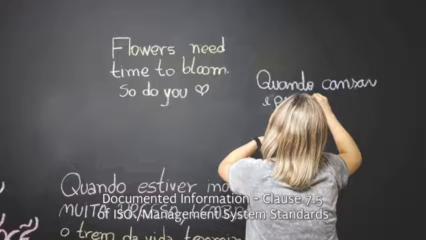Maintain documentation, for example, scope has to be documented as part of clause 4.3, and the management system process has to be documented as part of clause 4.4, and the quality policy has to be communicated as per clause 5.2, and quality objectives and planning to achieve them, objectives have to be maintained as a document,